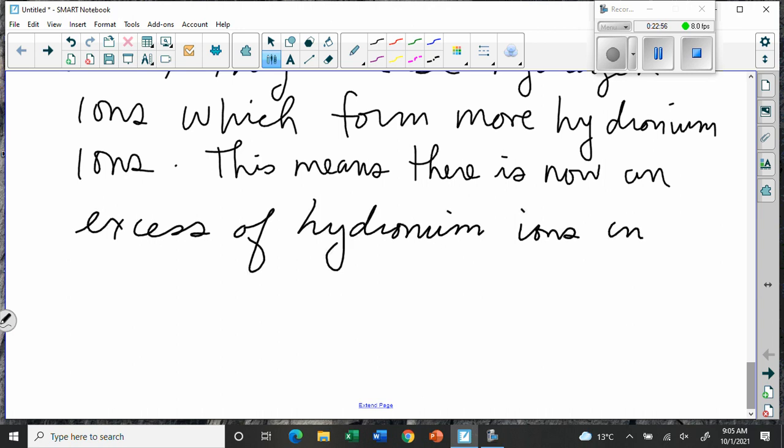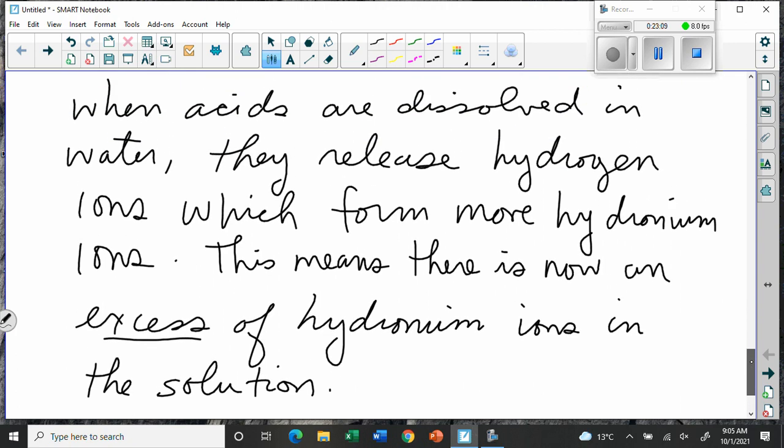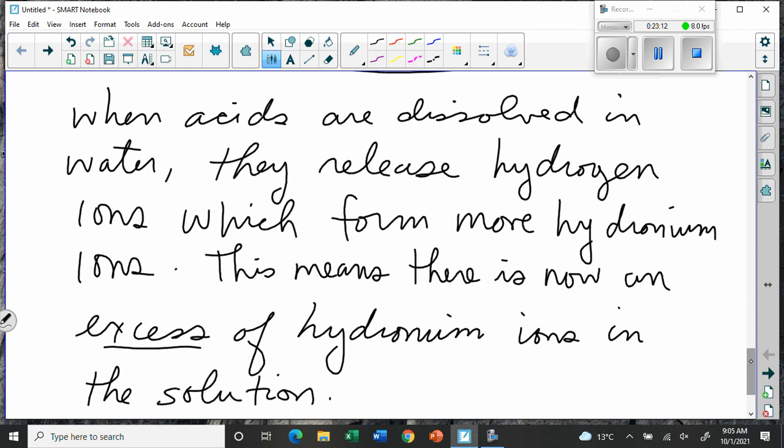In the solution. Okay, we've driven it out of balance. Normally water just has its own little dance, and it usually has equal amounts of both. But by adding this molecule of acid, we create more hydronium ions and we throw out that balance. And that's what acids do. Acids make more hydronium in the solution. And of course, because there's more hydronium, there's not enough hydroxides to join up with them all and make waters. So there's extra floating around.